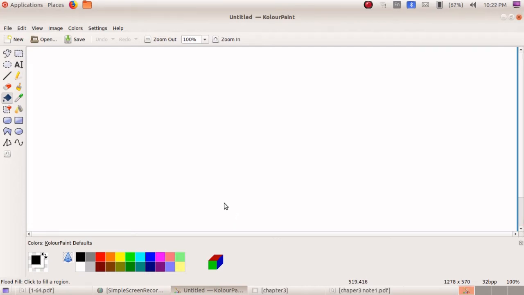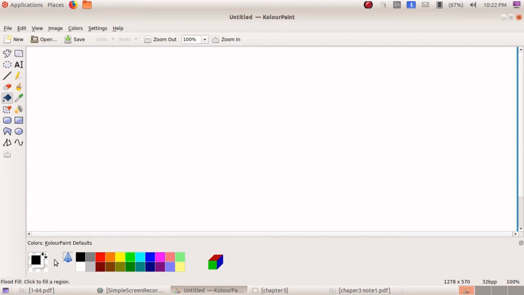Children, there are 3 different windows available in this color paint software: toolbox, color palette, canvas window. In this canvas window only we can draw the pictures. From the toolbox, different tools are available. From the tools we have to select each and every tool to draw the pictures, and the color palette is used to color the picture, isn't it?